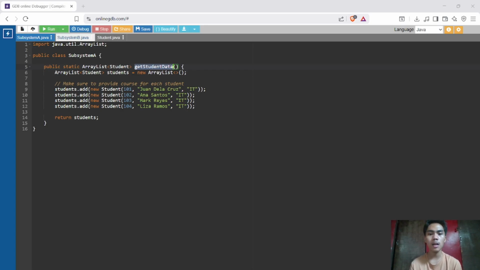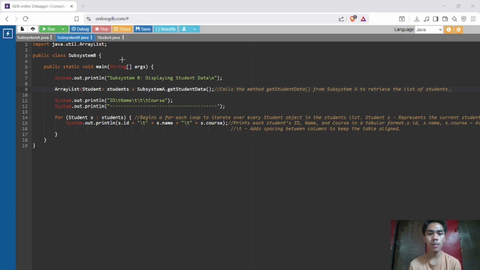The last one is subsystem B, the consumer or display. Subsystem B calls subsystem A's method to retrieve students' data. It displays the information in a table format, and it is responsible for consuming and presenting data to users.